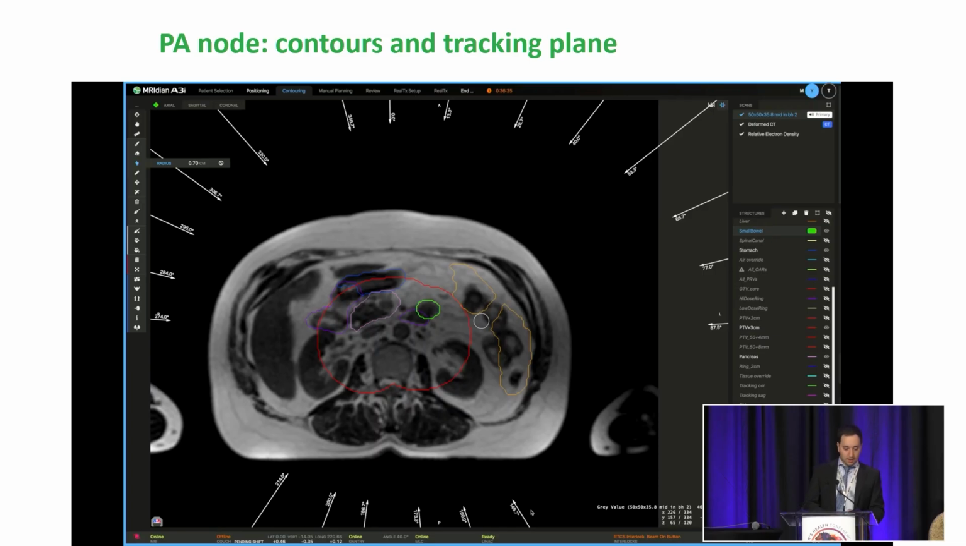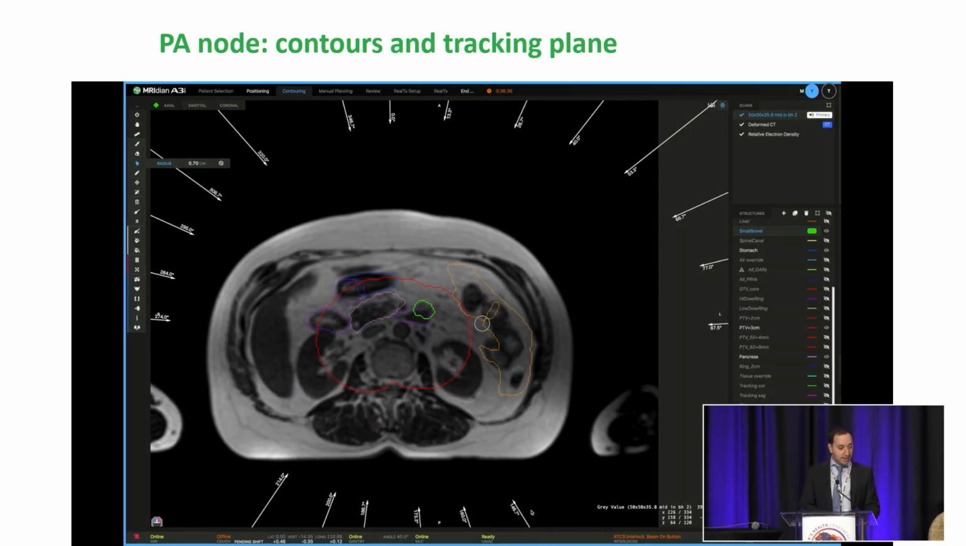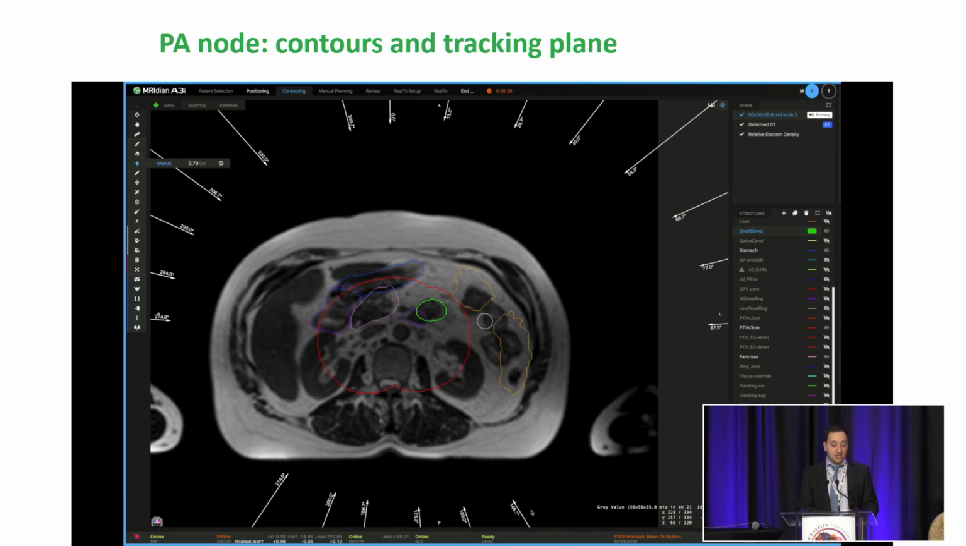I don't know if I have to press something to get this to play. Yeah, so we can actually on each patient